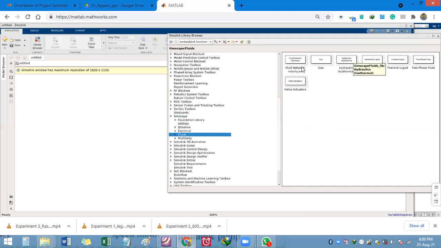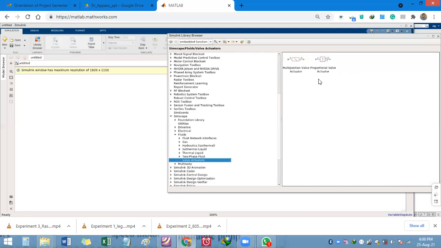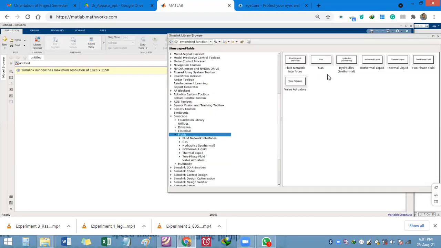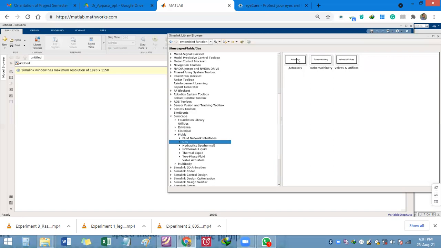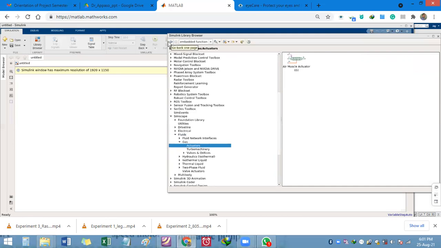In this fluids option, we have different further blocks. There is valve actuators, so if in your system there exists some valve actuator, then you can select it from this place. Then if you go into gas, you will find different valves and orifices.